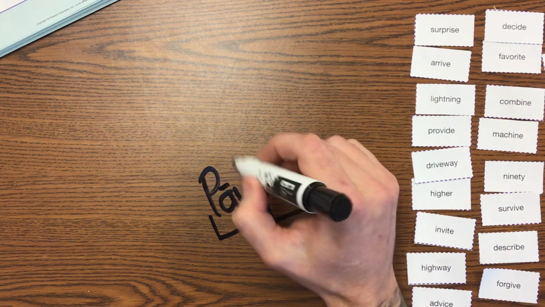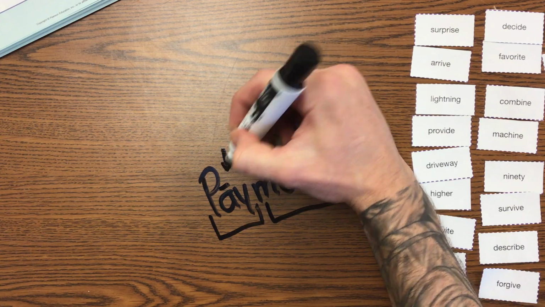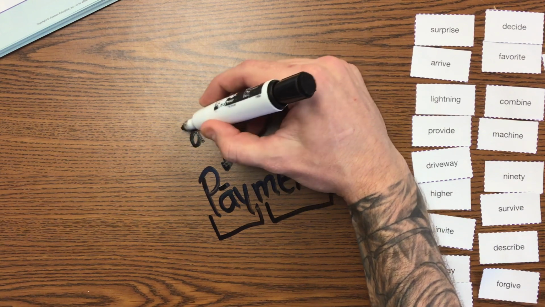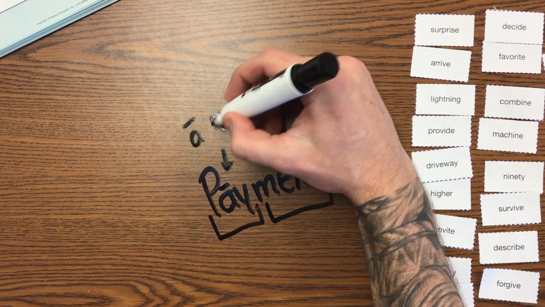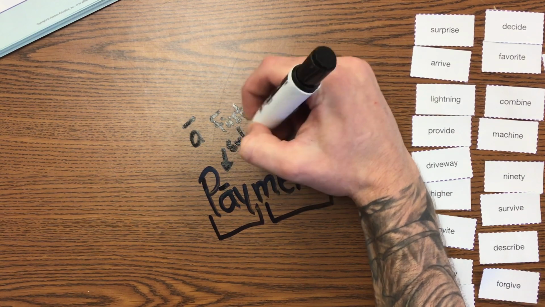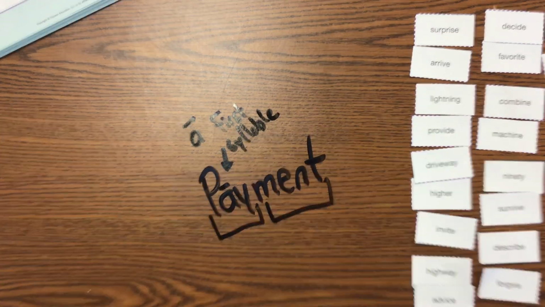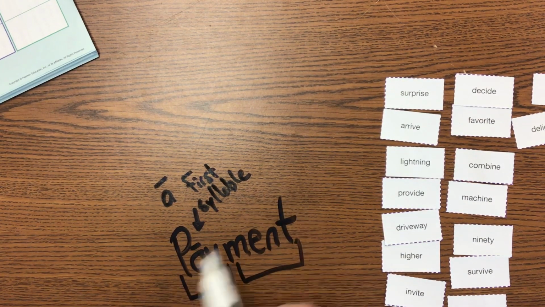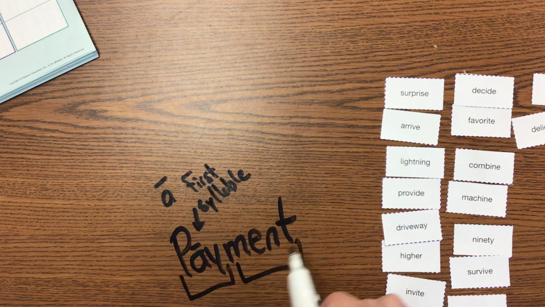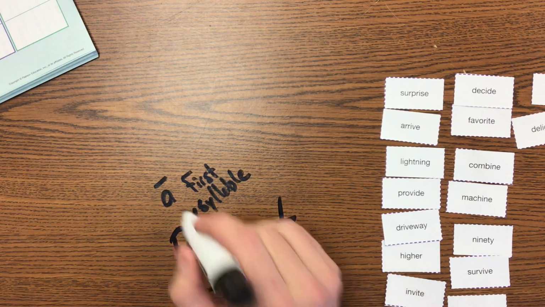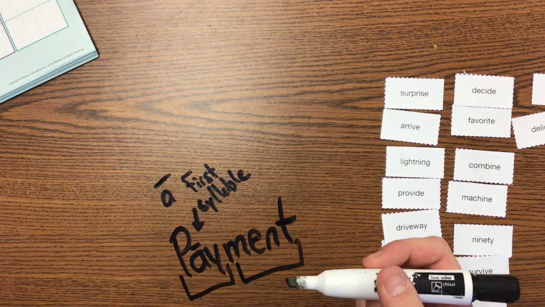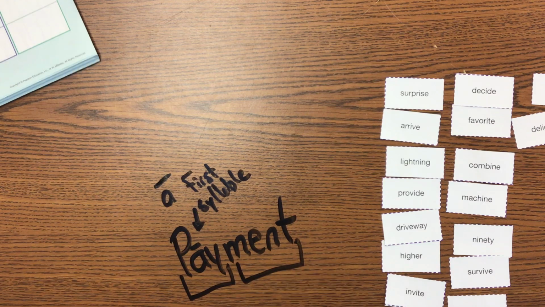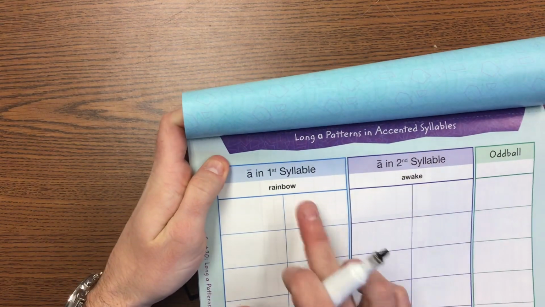Payment, pay. That's the long A. And so what we did last week is that we said that payment has the long A in the first syllable. Okay? This is all going to come back into play later on, why we're breaking up the syllables, because there are rules depending on the different syllables. But before we get into that, we want to look at all of the ways we can make the vowels long through different patterns. And so here we would have put it into our long A in the first syllable